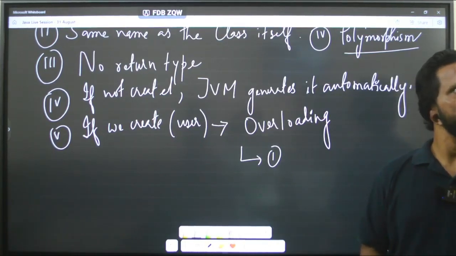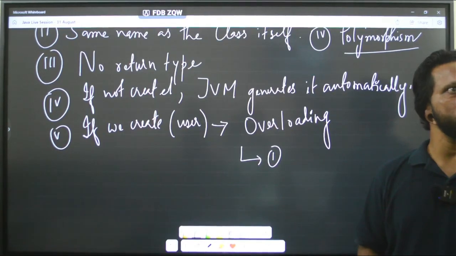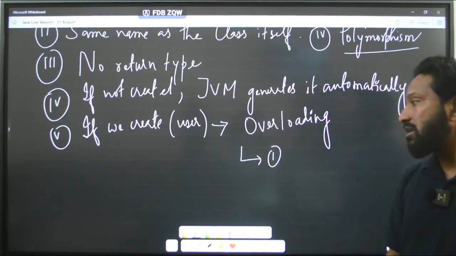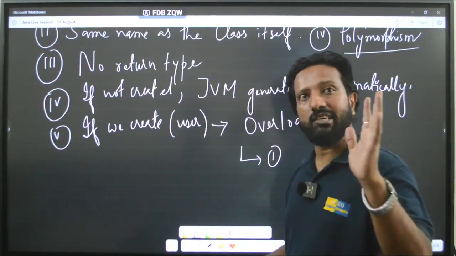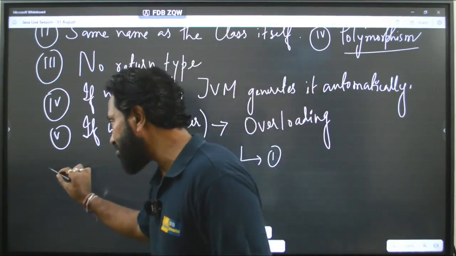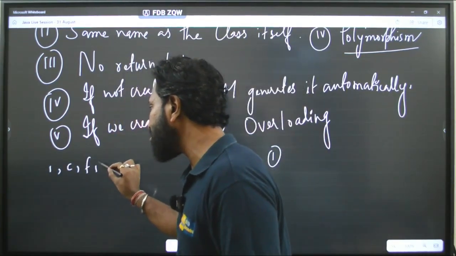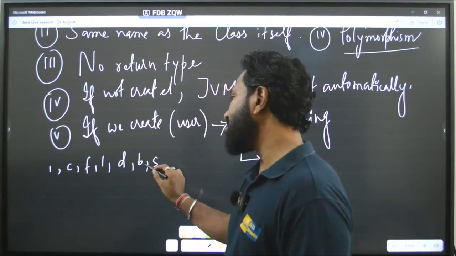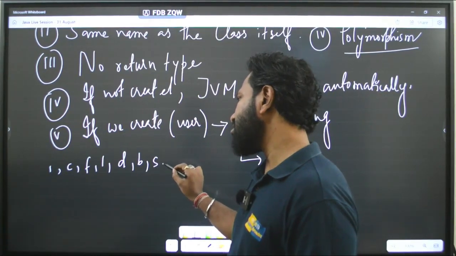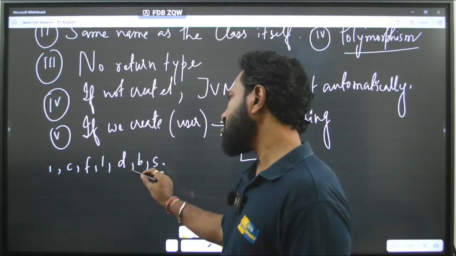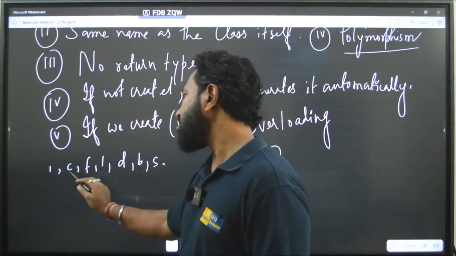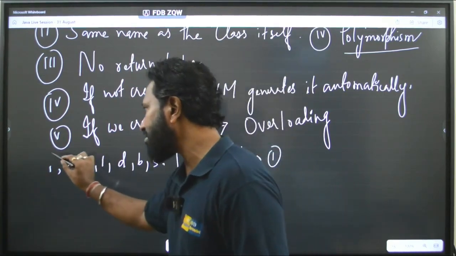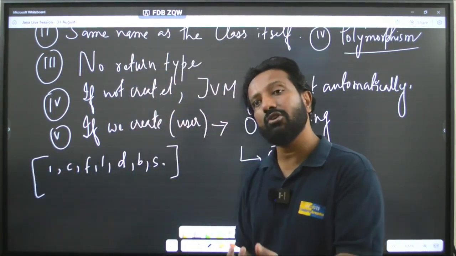Yeah, hi sir. XYZ asks, is Java purely object oriented language? Java is not a purely object oriented language, because it has 8 primitive data types. It has 8 primitive data types: int, char, float, long, double, byte and short. 1, 2, 3, 4, 5, 6, 7 and what else is there? Int, char, byte, short, double, long, boolean. All these 8 primitive data types are there in Java. That's why it is not a purely object oriented language.